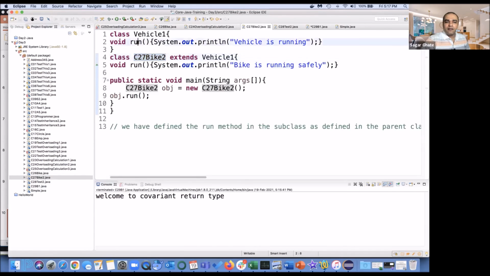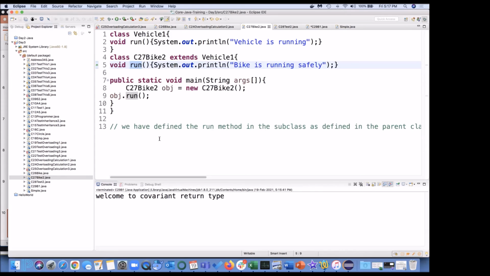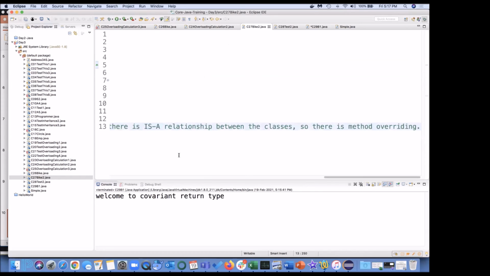We are having run method in parent class, run method in child class, correct? There is no ambiguity. This concept is known as method overriding, which means here it was generic, here it is specialized. So your conclusion is correct that it will always call the child class method if the method is there in the child class.